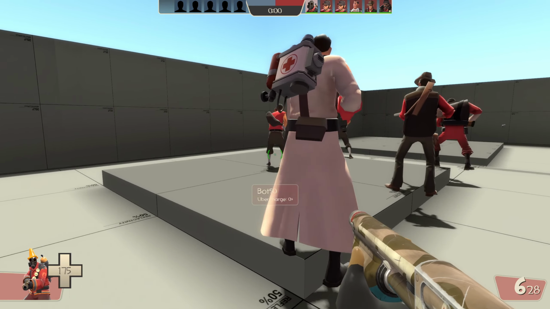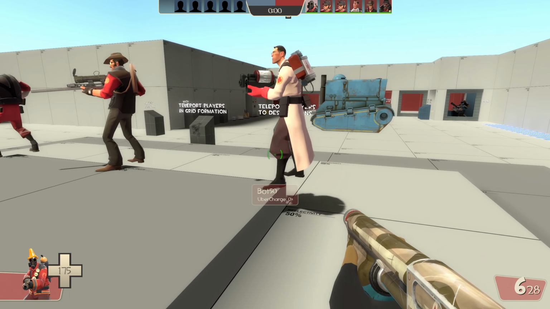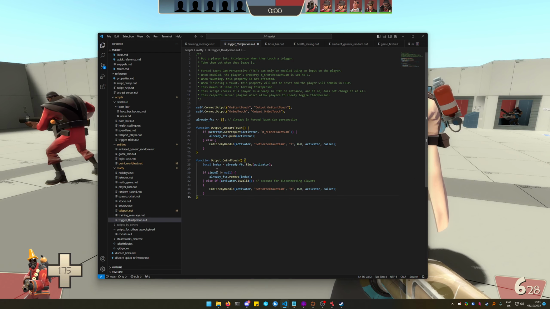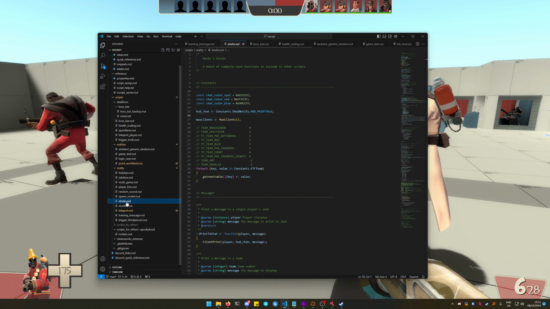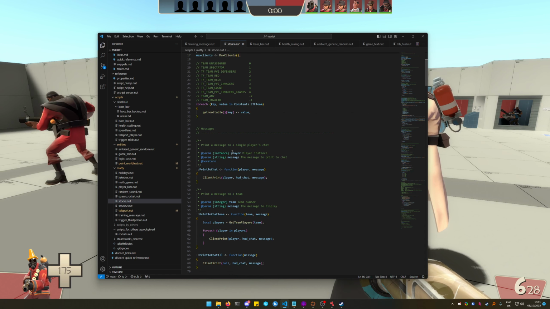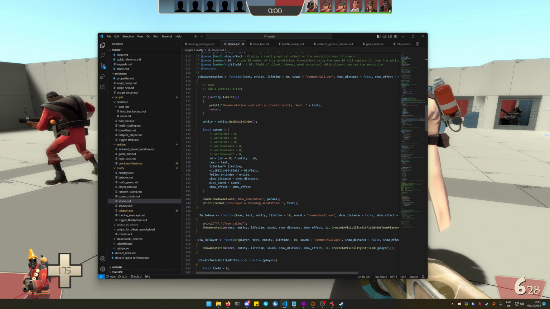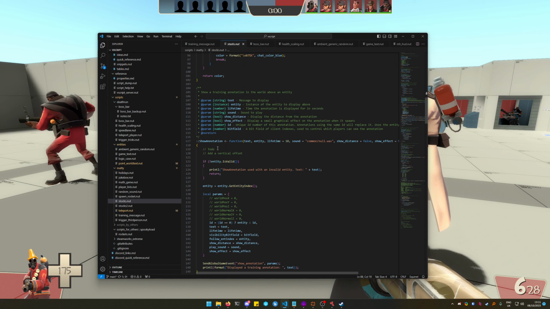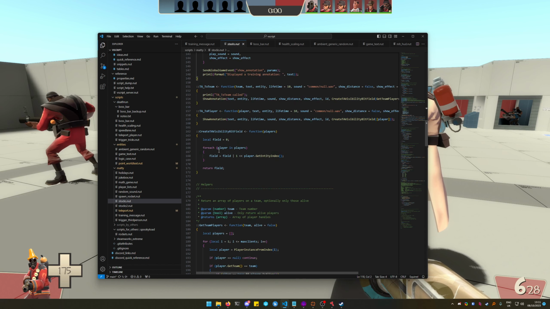Fantastic. So that function that I used, getTeamPlayers, what is it and where did I pull it out from? It lives in a special file I created called stocks.nut, and as the name suggests, it's an assortment of stock functions that I created that I can use in multiple scripts. So I've got special functions that I created for sending messages to teams, colouring the chat message using the team colour, displaying an annotation, a training annotation in the world, controlling who can see it,